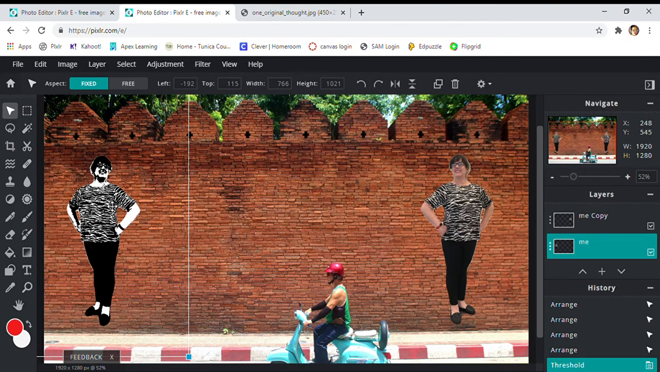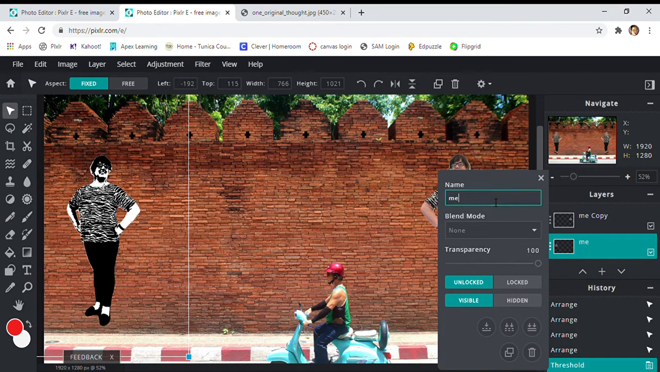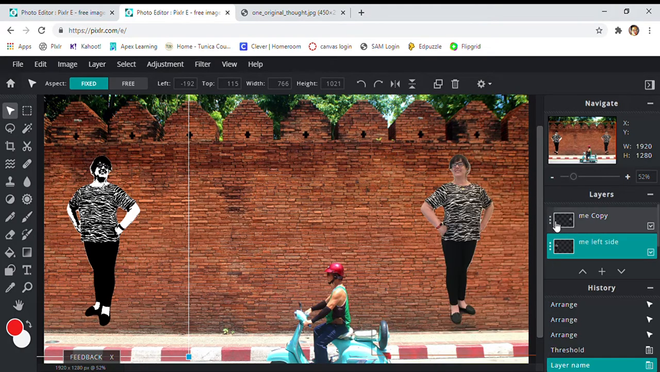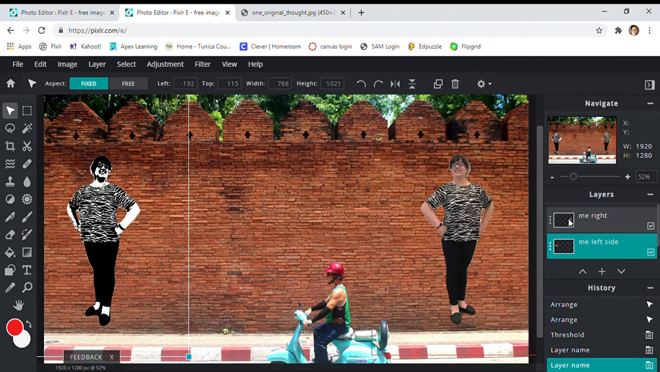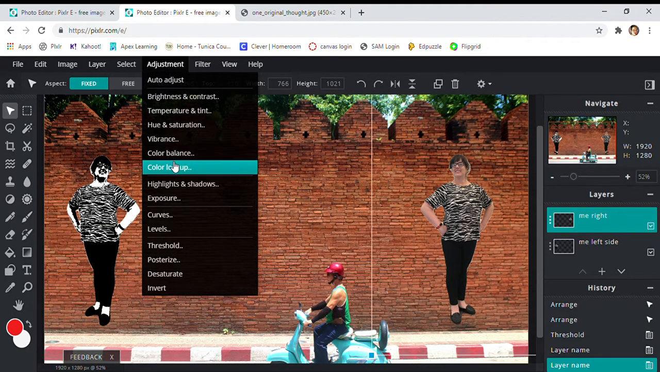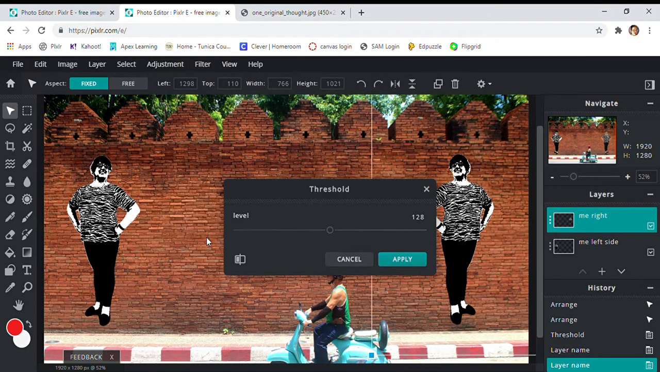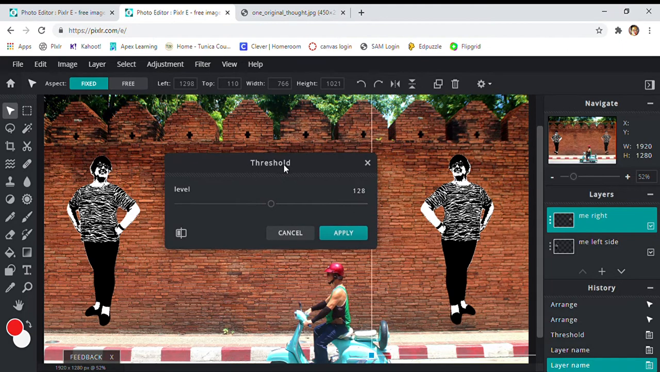Okay, now that did one layer. I need to go over to the copy, and I'm going to change this to me left. I know it sounds kind of odd that I'm changing the names, but when you have so many layers, you need to know which one is which. So now I'm at me right, and I'm going to go back to adjustment, and I'm going to go to threshold. Okay, and now I know I kept it at 128 on that side,